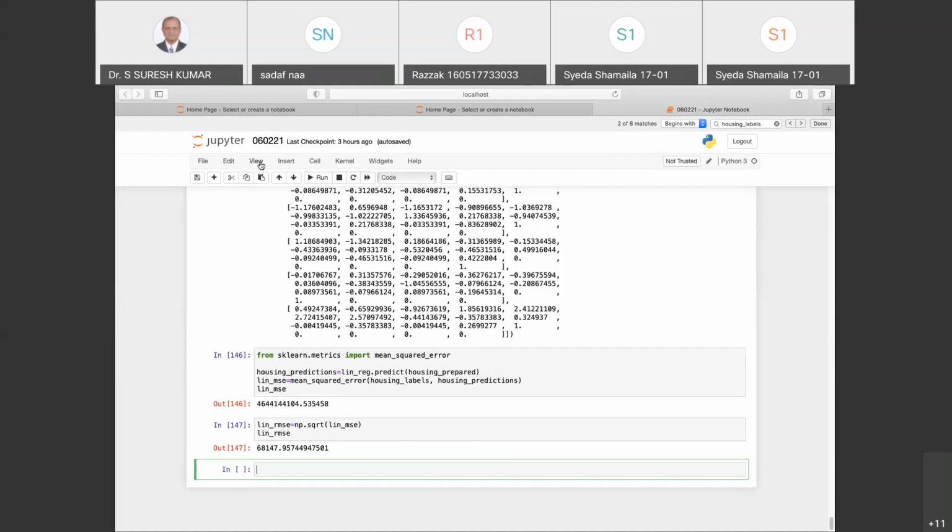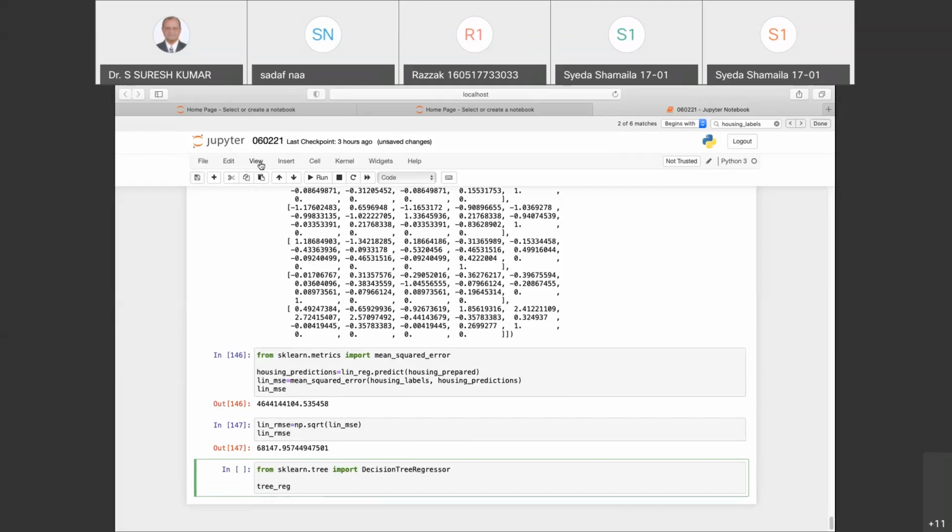For this, first I need to import the decision tree regressor. So I would say from sklearn.tree import DecisionTreeRegressor. Then my tree_reg is nothing but DecisionTreeRegressor with the random state which we have been stating all throughout as 42.